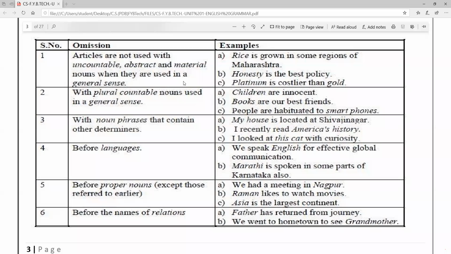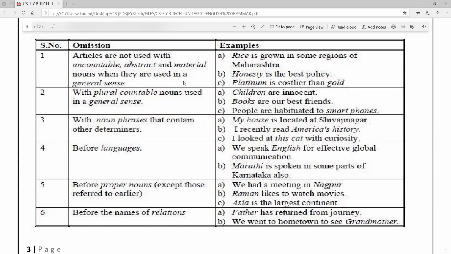So whatever the uncountable nouns are there, abstract nouns are there, material nouns are there, if we are using them in the general sense, एक आपण जनरल सेन्स मध्ये त्याचा वापर करत असू तर त्यावेळी काय करायचं तर ऑमिट करायचं, म्हणजे ते आर्टिकल वगळायचं, तिथं आर्टिकल वापरायचं नाही. फॉर एक्झाम्पल,